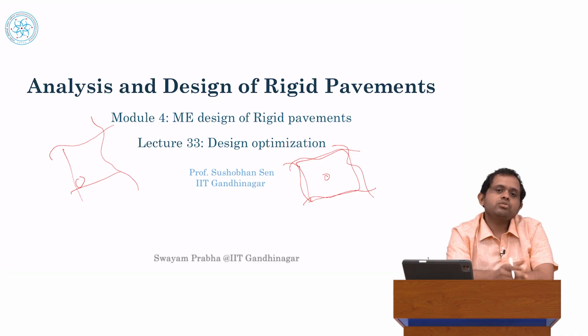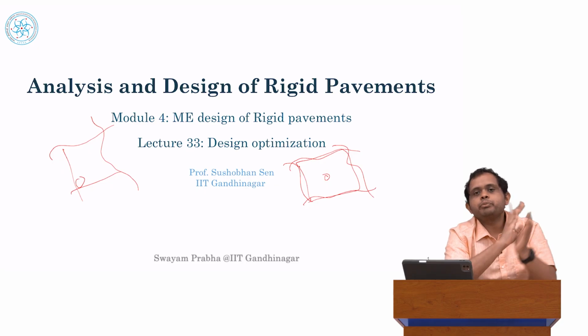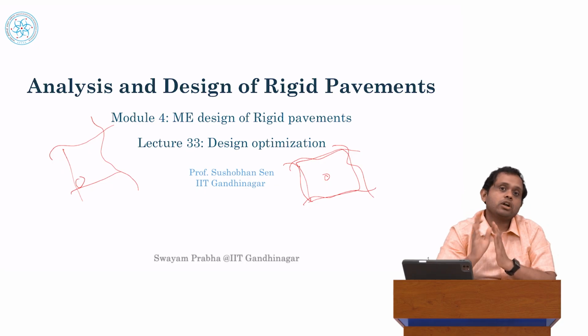Now, if we could use physics to directly calculate the percentage of cracking, then that philosophy would be called a fully mechanistic design principle. Well, the problem is cracking by definition is a non-linear process, and generally non-linear mechanics is not easy to do. So even if some researchers could do it in their office or for a research paper, in practice, for a practicing engineer to be solving non-linear mechanics day in and day out is, at least today, somewhat unfeasible. So that's why between a purely empirical design and a purely mechanistic design, you have mechanistic empirical design